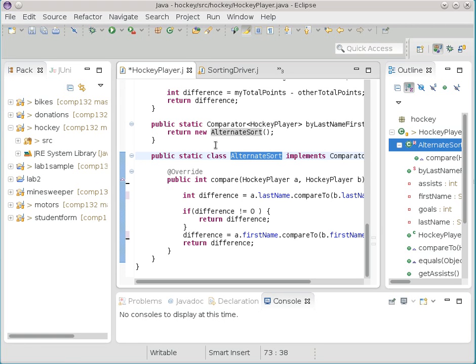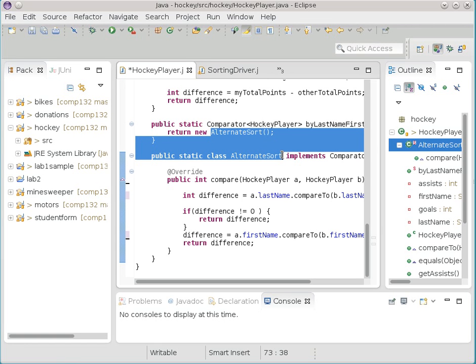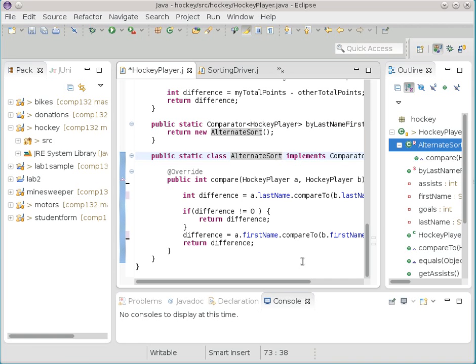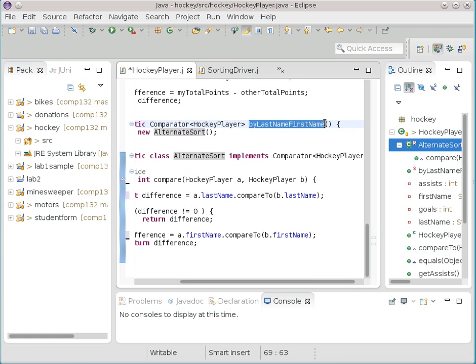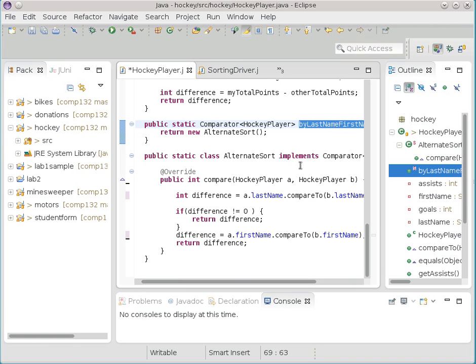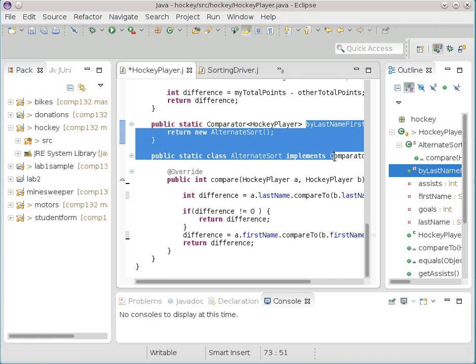Okay? And this thing literally lives only long enough to be used right down there. Nobody else is going to see it because in the driver program, all that you're doing is you're using hockey player by last name getter, and you could care less what the name of the class is inside. So this class name here becomes totally immaterial. Well, the shortcut here is to just remove the class name